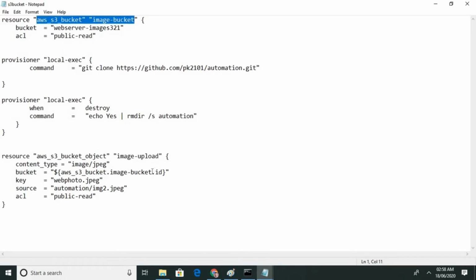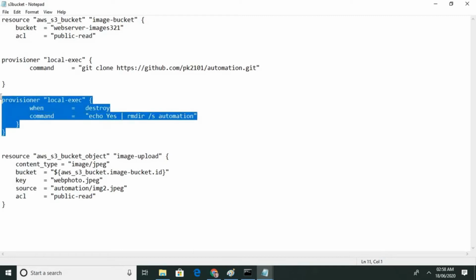I have given this ID. What name do you want to give? I want to give this name. Where is it coming from? This is my local path I have given. And what access do you want to give, public or private? I want to give it public. Now it will go and upload.